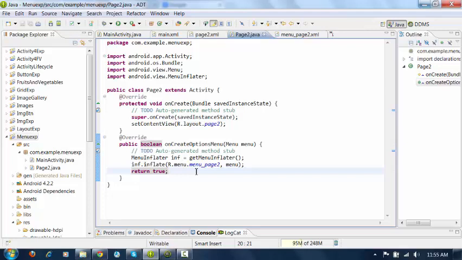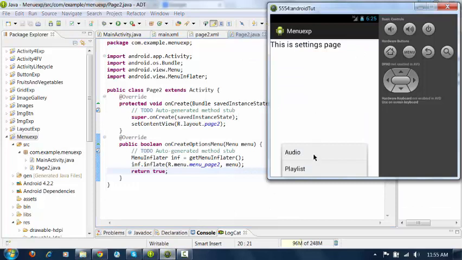Try to display some images on your menu items too. All those things you can do in the XML file itself. You can display the images in your items also. So those things will be your assignment.